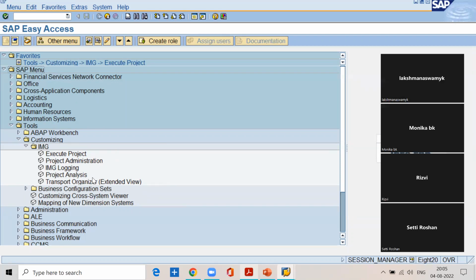In the SAP Easy Access screen, to display the technical names or T codes,